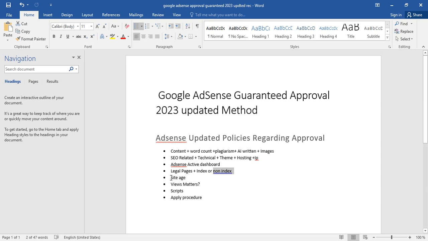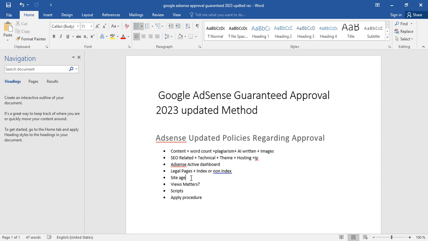In the fifth line, site age. People say that your site age should be 1 month, your domain age should be this. It doesn't matter exactly for Google, but it matters. And why?